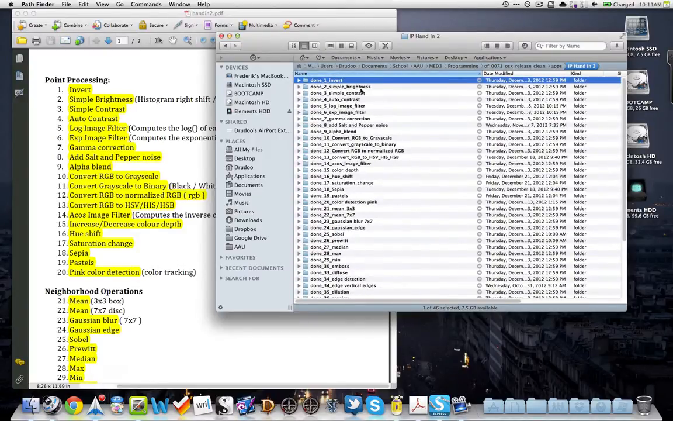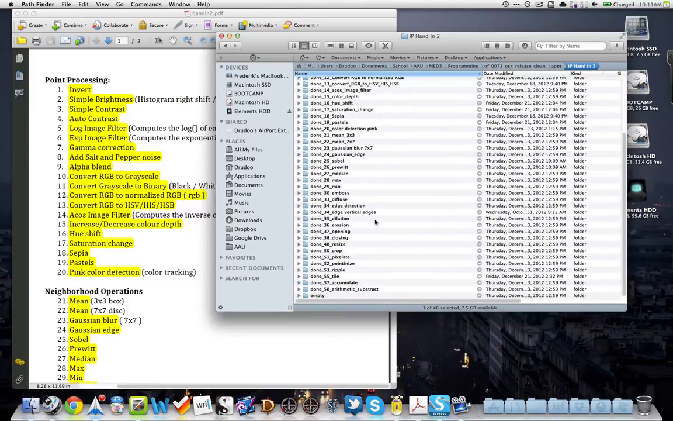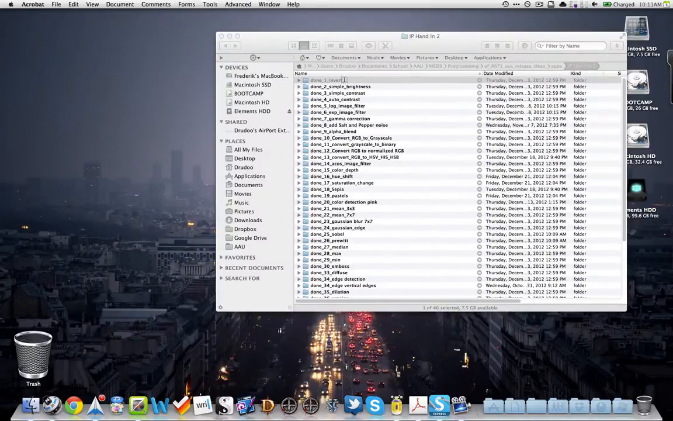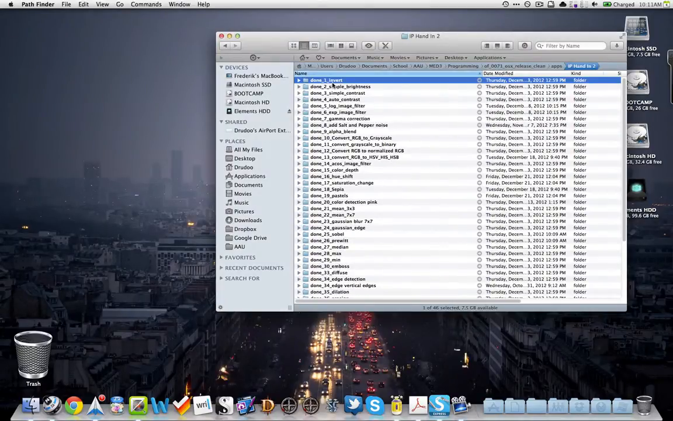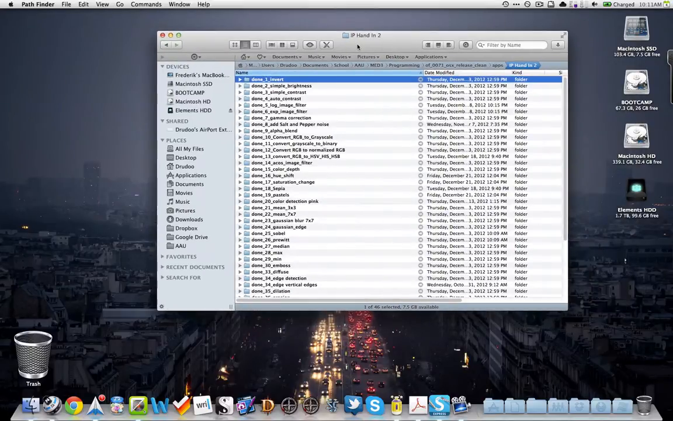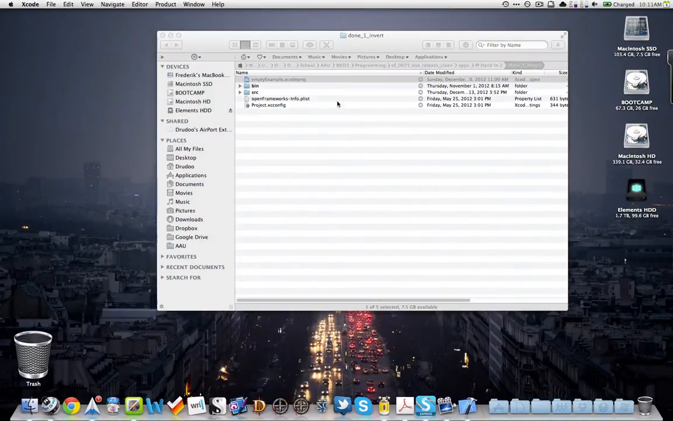I did invert, simple brightness, contrast, auto contrast, log, X, gamma correction, salt and pepper, alpha. Yeah, just all those here. I'll start by going through some of the interesting ones, and then look at the code that we use for all of them, and then some of the specific code. If you, for example, take a look at the first one, invert,